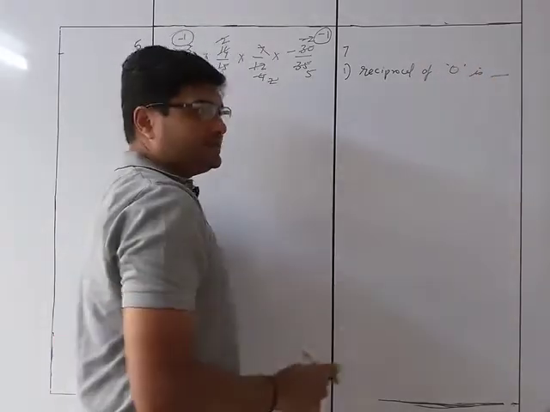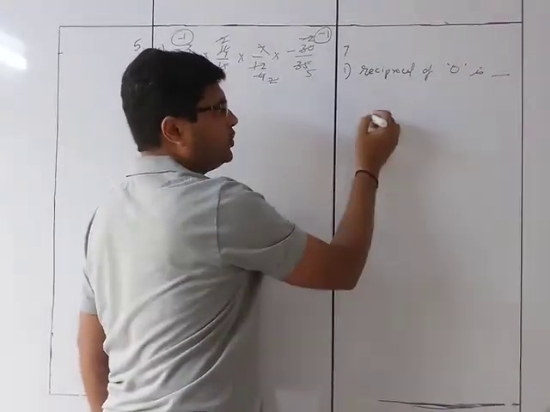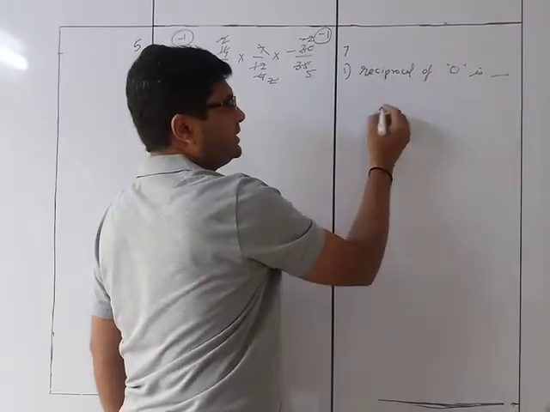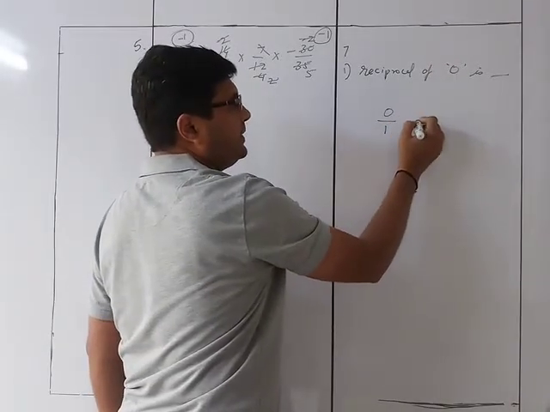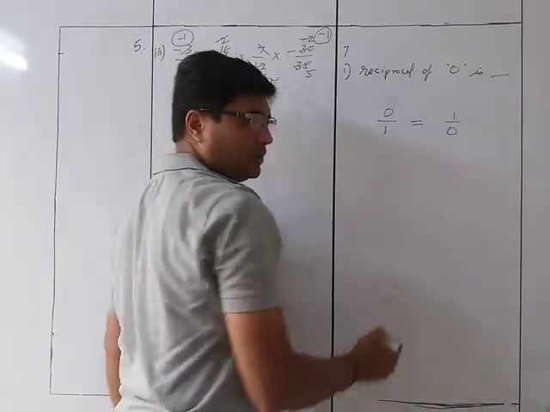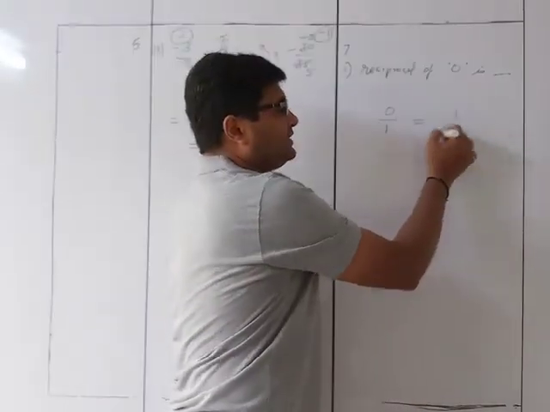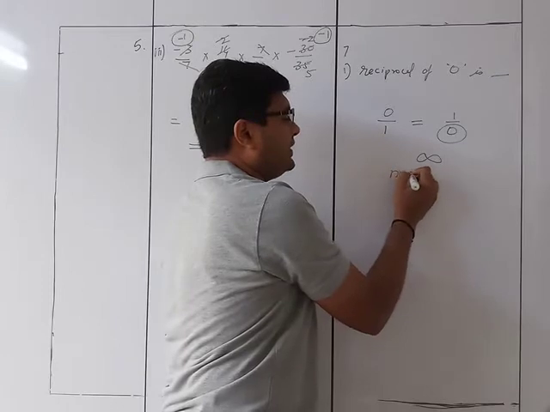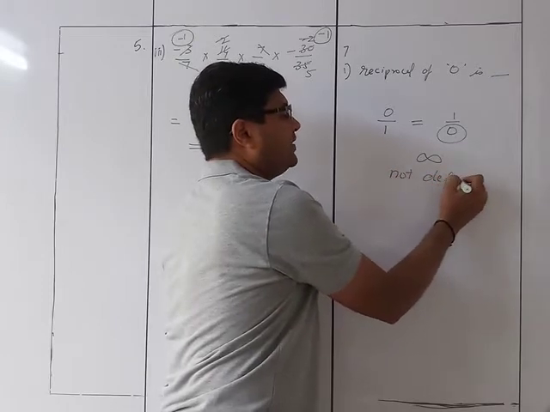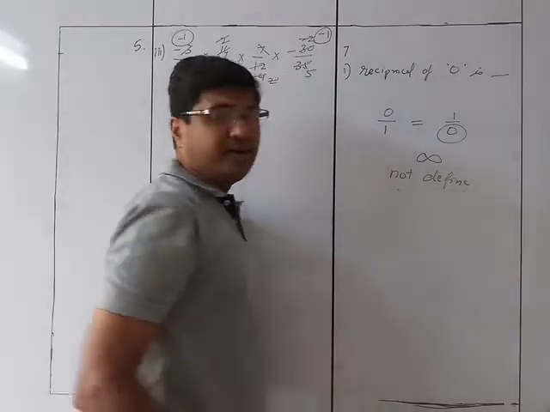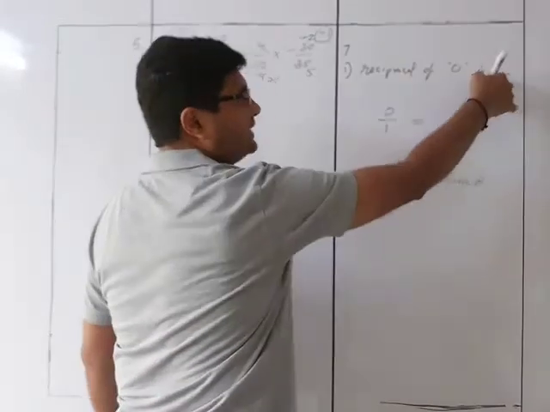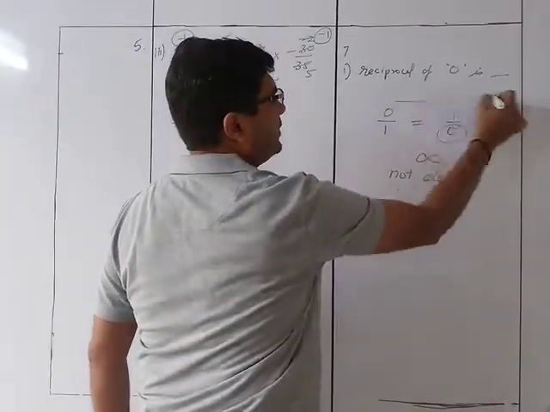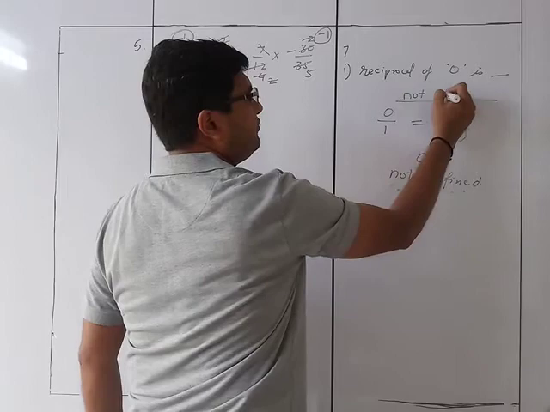Now over here you can see that 0 is nothing but 0 upon 1, so its reciprocal will be 1 upon 0. But when I divide anything by 0, it becomes infinity. Infinity is nothing but not defined. You cannot define the value, so it is called not defined. Hence the answer over here will be not defined,